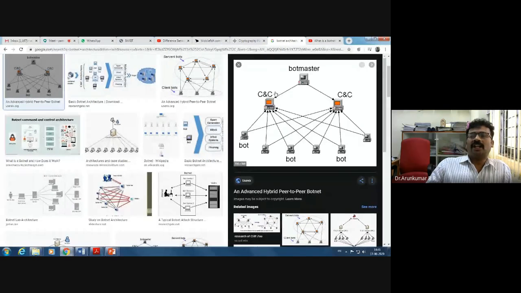So you can take this architecture. There is a bot master, CNC command control executor. As per the instruction of the bot master, CNC will execute, and these are called bots. These bots are compromised computers of different networks.